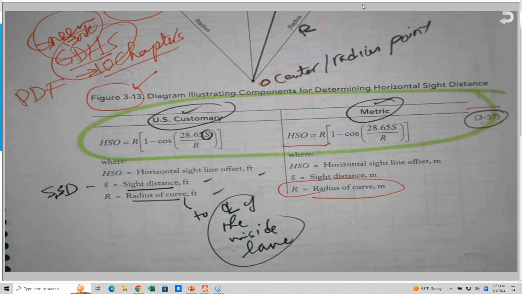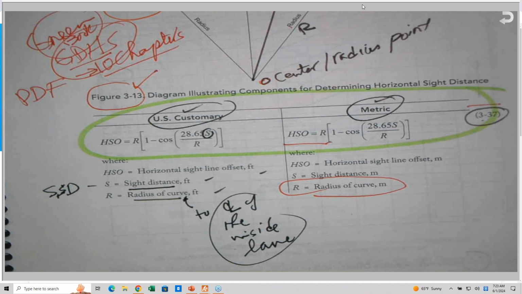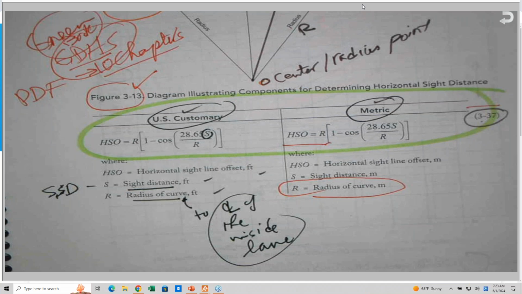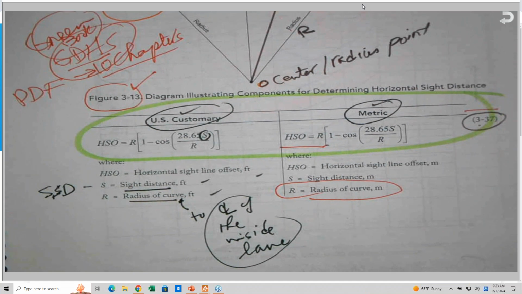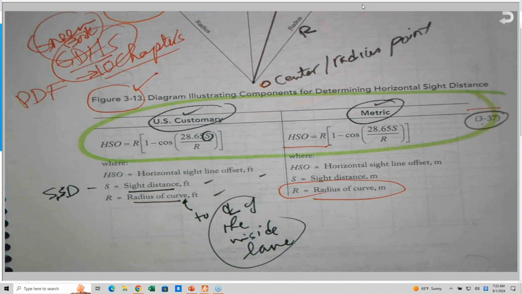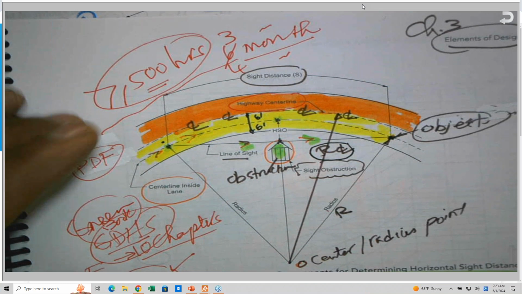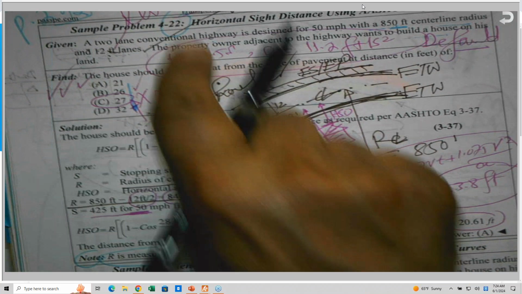We talked about it, but I needed to emphasize one more time that the R is the radius measured to the center line of the inside lane, unless, like the problem in my book, the driver's eye is not at the center line of the inside lane. Makes sense? This is a very good problem, and I solved 2 or 3 problems related to this, and also in the practice, problems 4-22